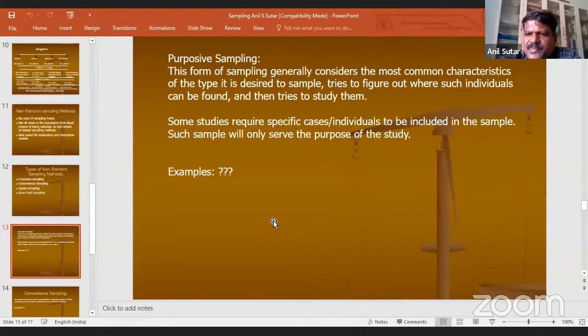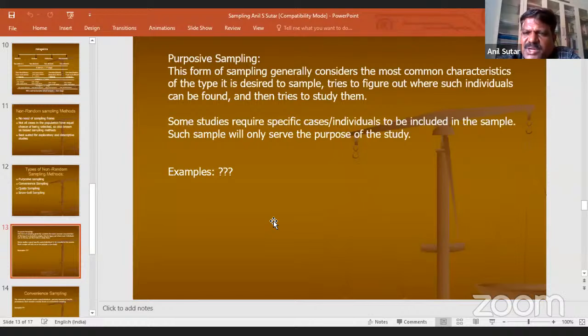For instance, I will give some popular examples so that you can compare and think about other similar cases in your discipline. In anthropology or in ethnography, students say, for instance, in Mumbai, that they want to study a particular nomadic tribe, a denotified and nomadic tribe.